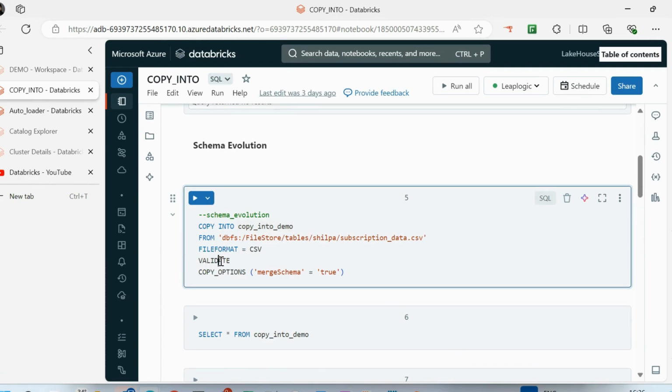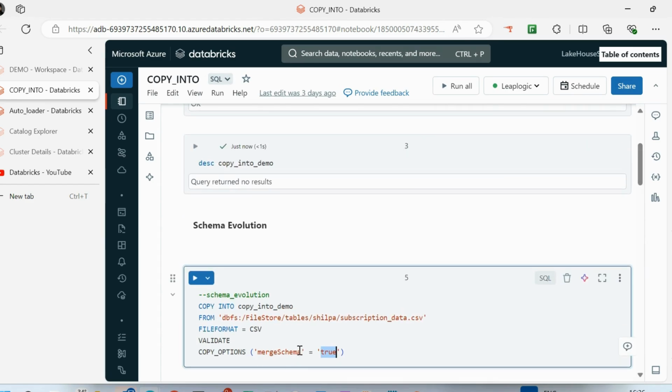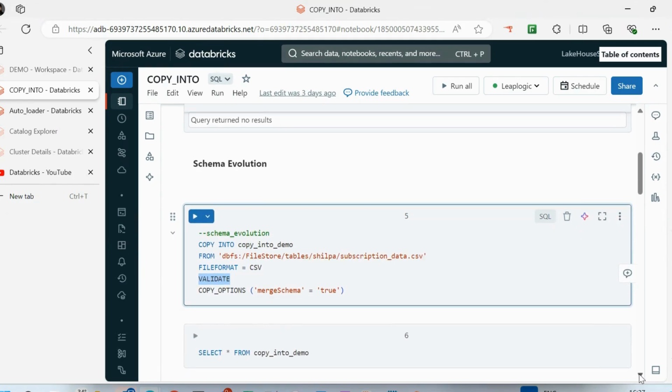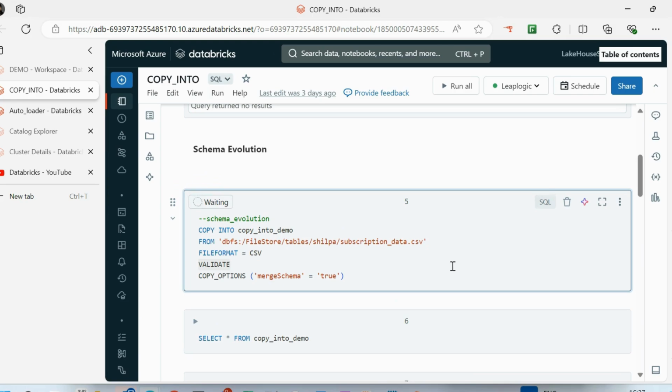So for that, I'm using this validate option. Inside that, I have this copy option. I am mentioning merge schema is true. As I don't have any schema right now, it will fail if I don't use merge schema equal to true. Therefore, I am using merge schema equal to true, and I'm checking what exactly schema it will be showing and what data it will be loading into this particular table.